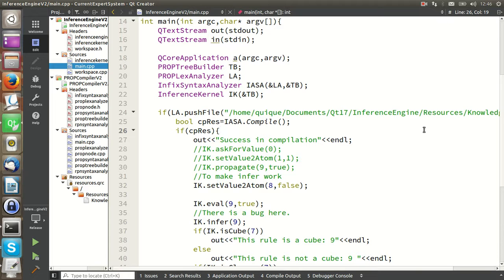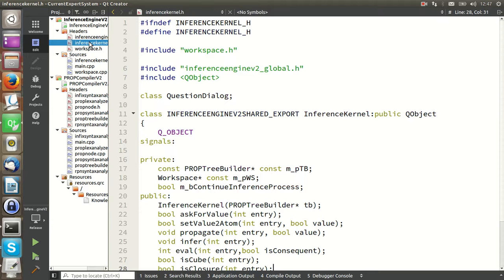Okay, and the last one is, I just have a book where I write down all this stuff. We have two issues also, and one of them was that it reaches the end of file incorrectly. So this was kind of difficult. Something that I did is to look in another version of the inference engine, and I found that